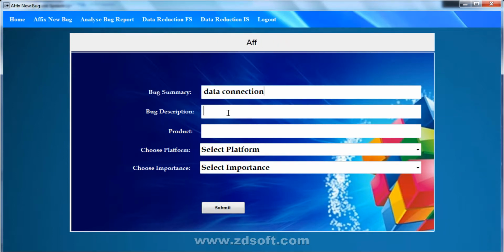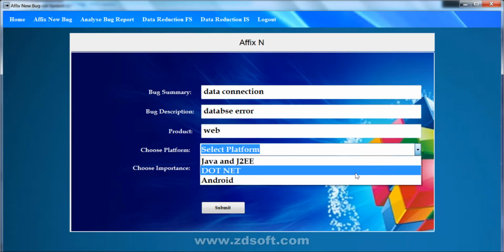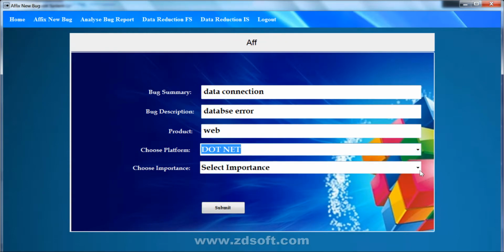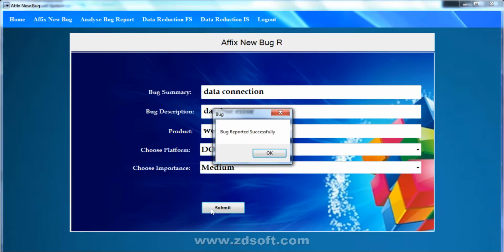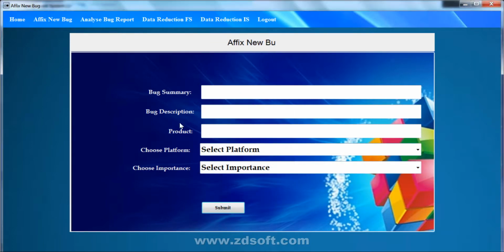He needs to give the details regarding the bug, the platform in which it needs to be rectified, and he needs to choose the importance. The bug will be reported successfully.